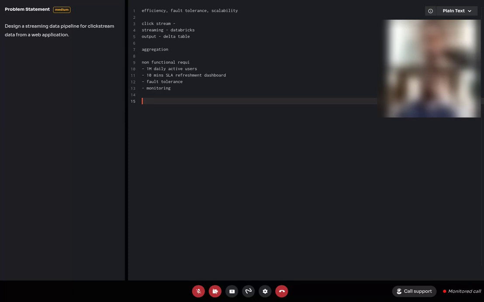Sure. In the current pipeline that I have designed, there are two paths, the real-time path and the batch path, because it's a Lambda architecture. So the duplicates will be handled separately. For the real-time aggregations, deduplication will be handled in the streaming.